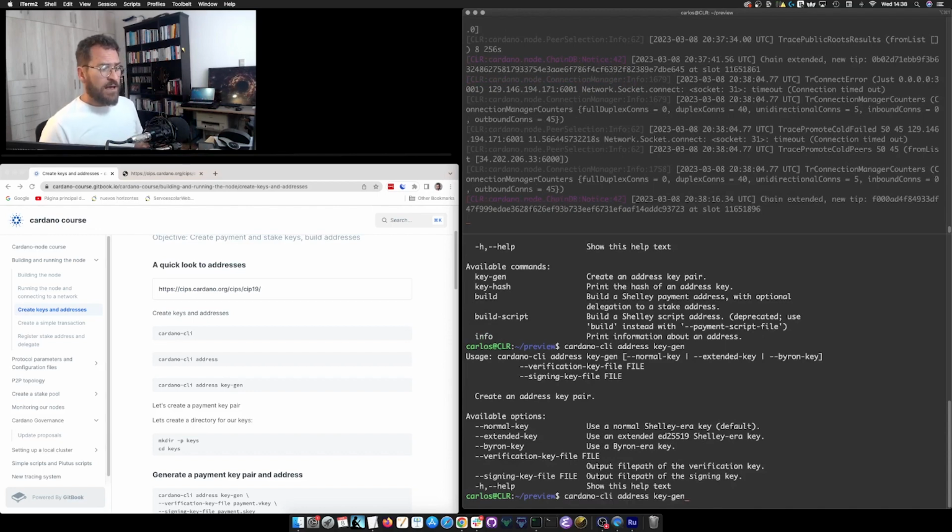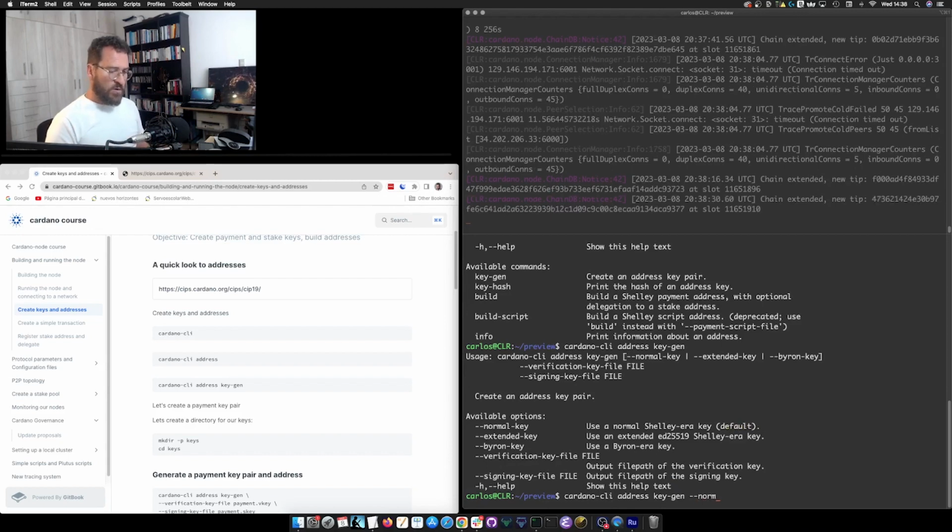In this case, I'm going to generate a normal key pair, which is the default. So I can use normal key, or I can just omit it, and it will have the same effect, the same result. Both cases will create a normal key pair. So this is what I'm interested in. And I have these two options, the verification key file and the signing key file. So I want to generate